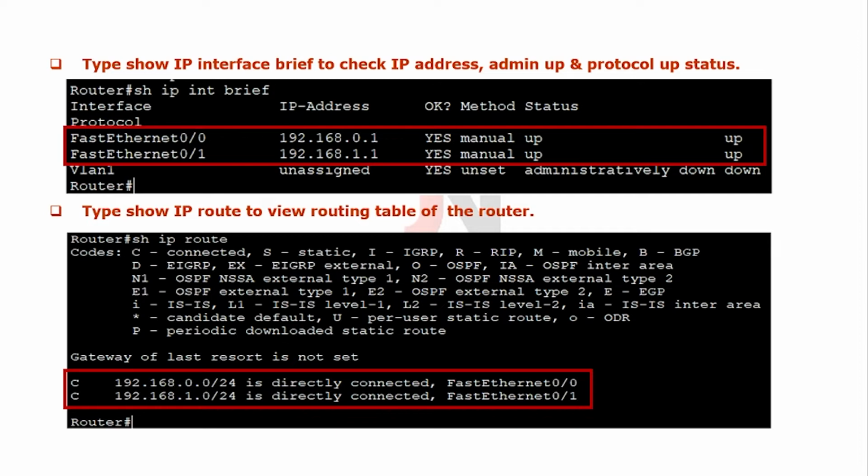192.168.1.0/24 is directly connected to FastEthernet 0/1. At the interface level, we have given the valid IP address. Now the router will convert your valid IP address into the network IP address. The router always maintains the routing table to forward the packet, so it will not look at any MAC address.